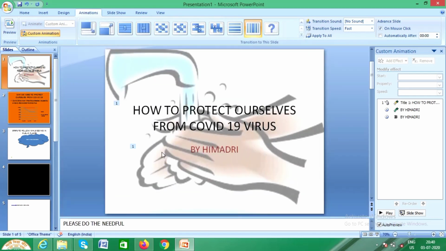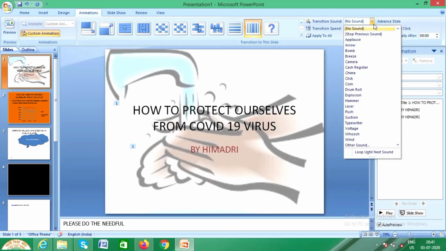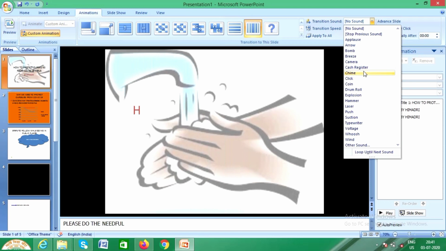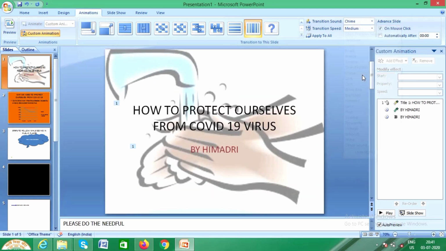After that you need to do so many settings. The first one is speed. If you want it to be fast, give it fast. I want it to be medium, so medium. You can also give a transition sound. Many sounds are here, so I'll be giving a sound here. Okay, this one.